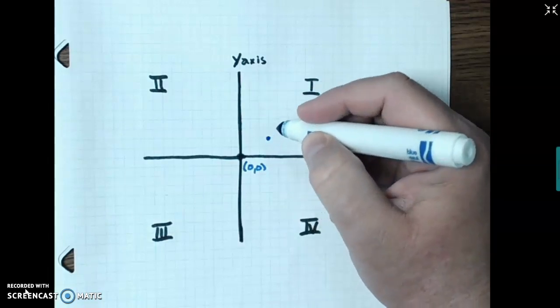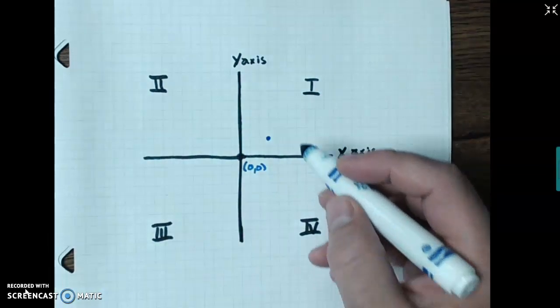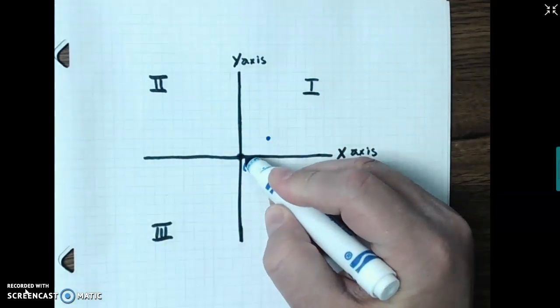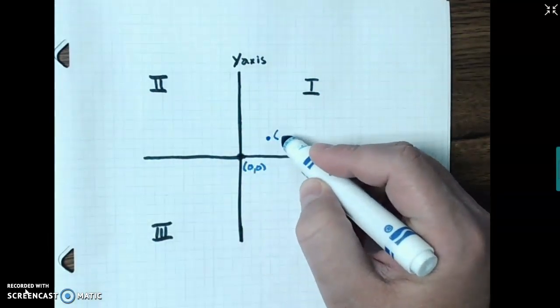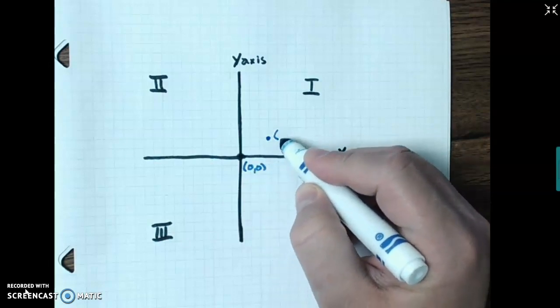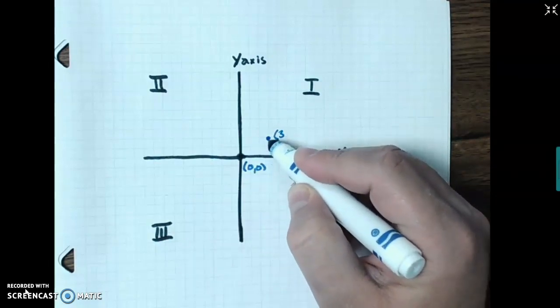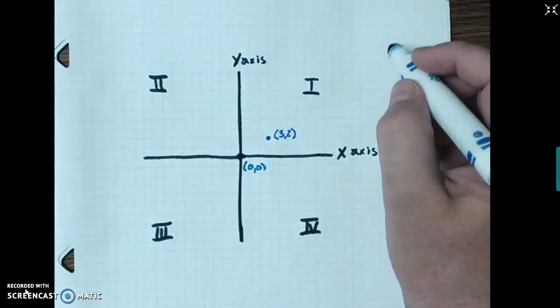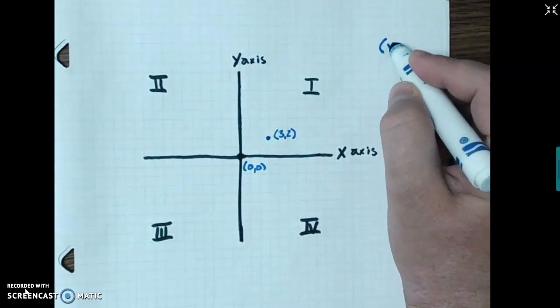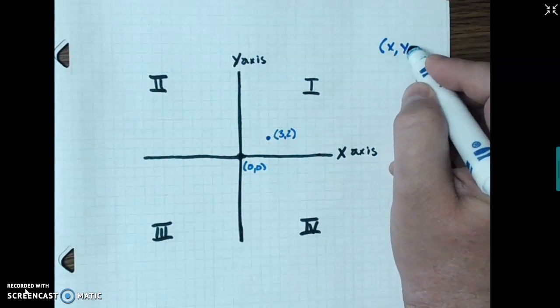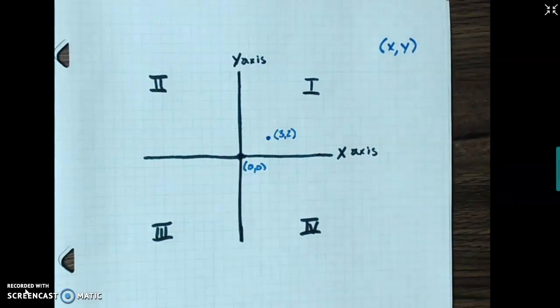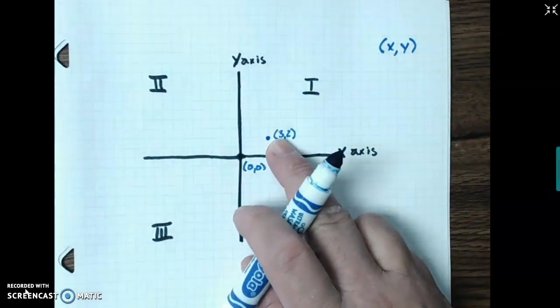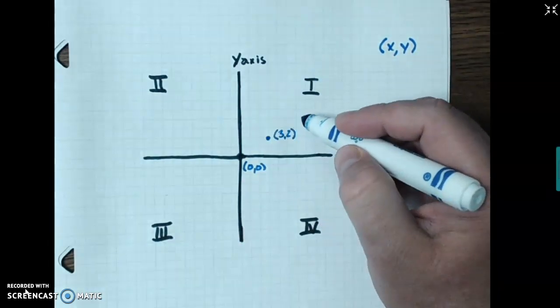Okay? If I put 1 here, that is going to be at 1, so I'm going to have my coordinates of 1, 2. And remember that when we do coordinates, we always write x value, y value. That's going to be very, very important in this unit. Okay, so we have our x value and our y value. And then if I do another dot,